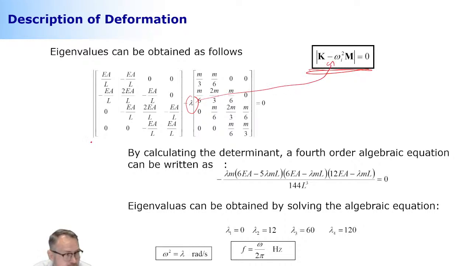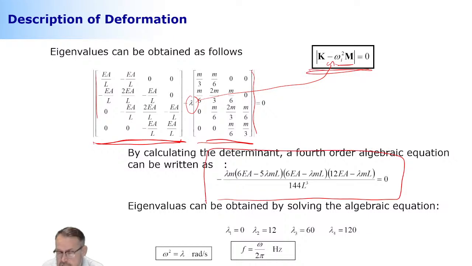And of course, I'm not computing this numerically the way that I do it here, but I just want to demonstrate how it goes. I'm going to take a determinant of the matrix where this is a stiffness and this is a mass. The mass is multiplied by eigenvalues. When I take a determinant of that, I'm going to get the polynomial as it is shown here. You see that this is a 4th order polynomial. How do I know that? Because this lambda is multiplied by this lambda, here's a lambda again and again. So it's 4 times, so it's a 4th order polynomial.